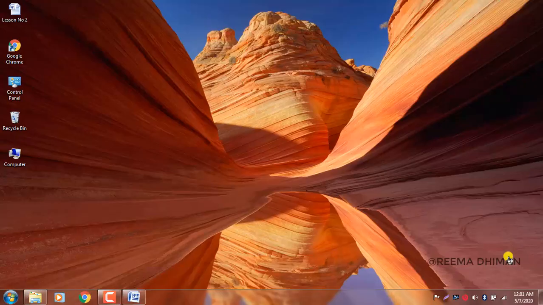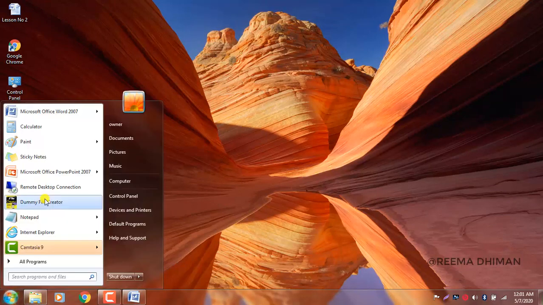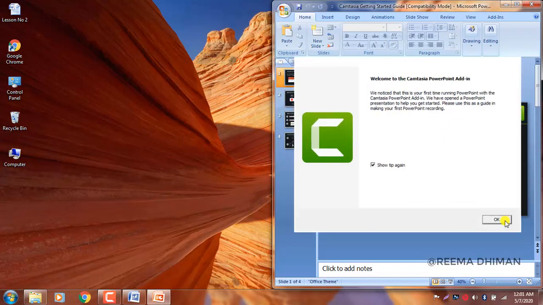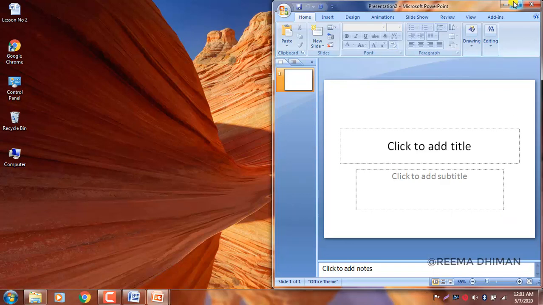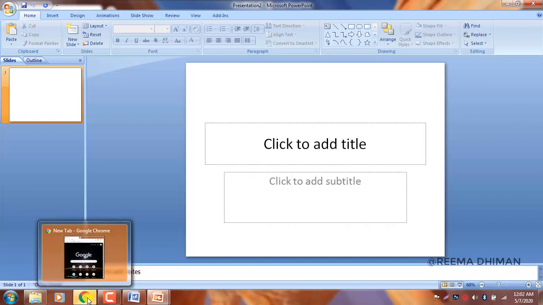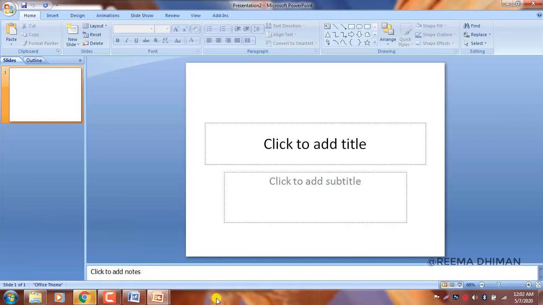Let's do it practically. Open Microsoft PowerPoint. As I open Microsoft PowerPoint, and for searching I have to open the web browser, so I'll open the web browser. To work on both windows, you have to right click somewhere in the taskbar.